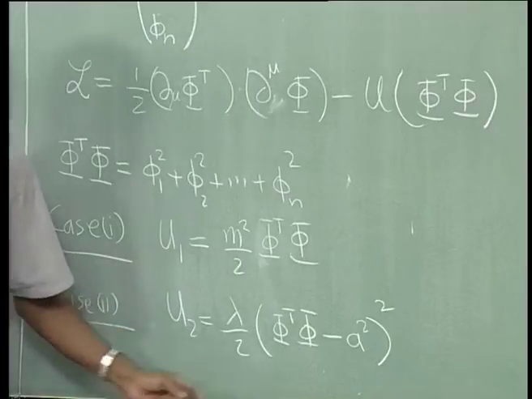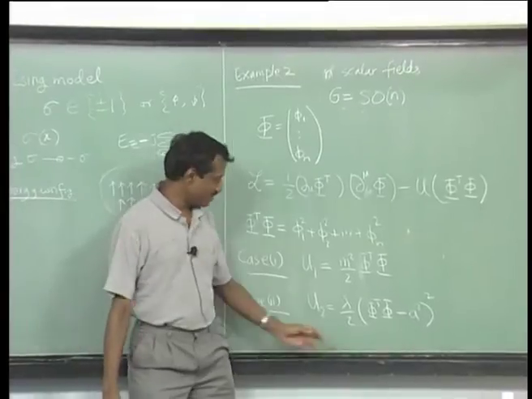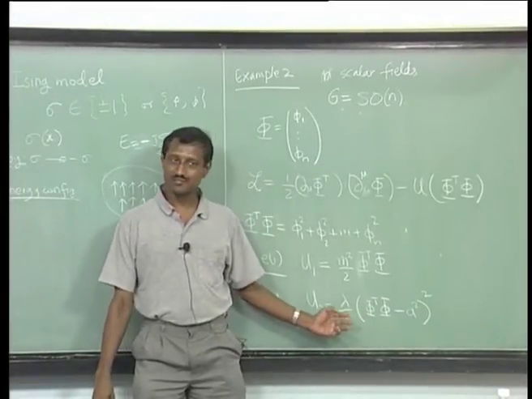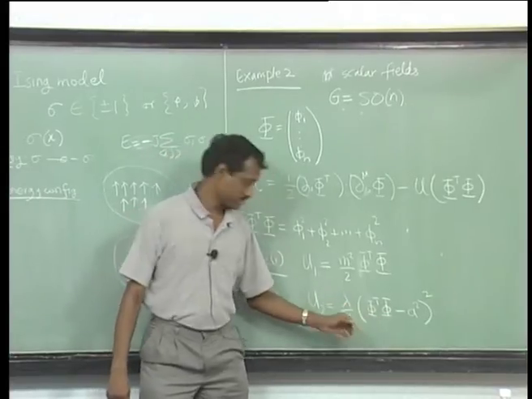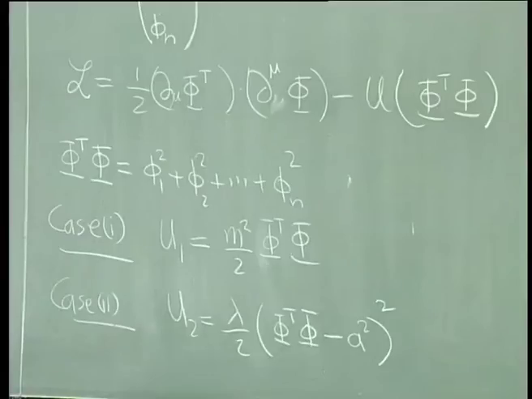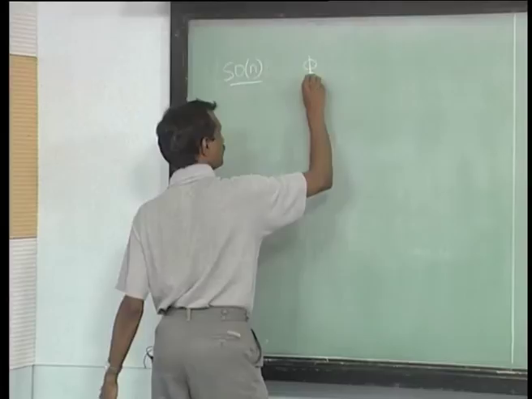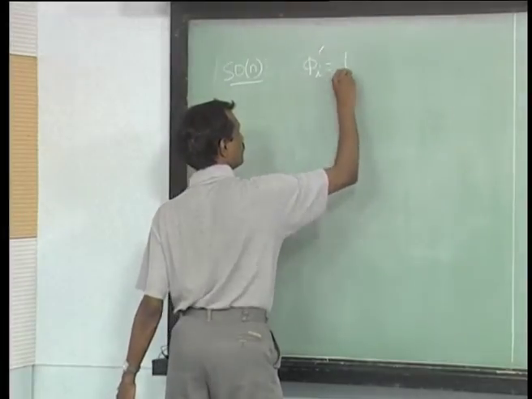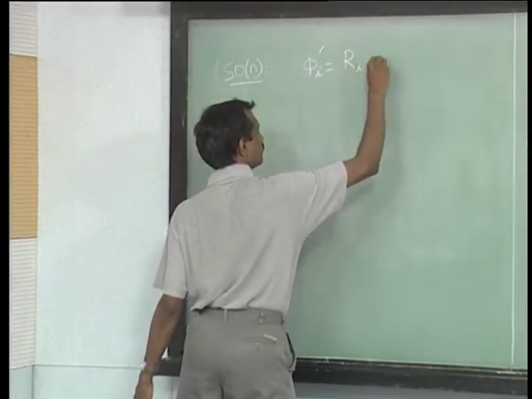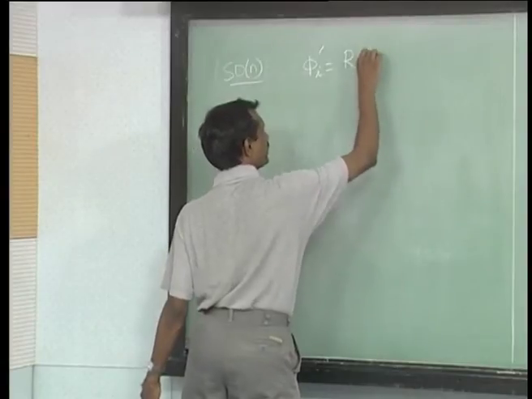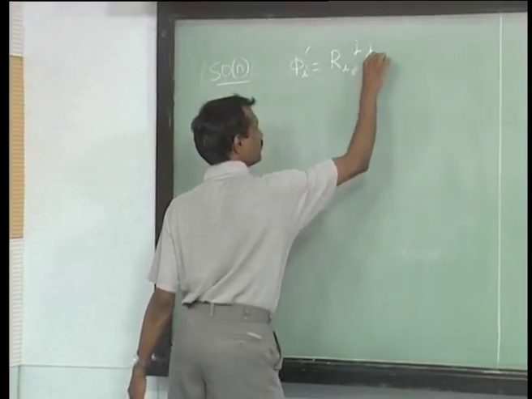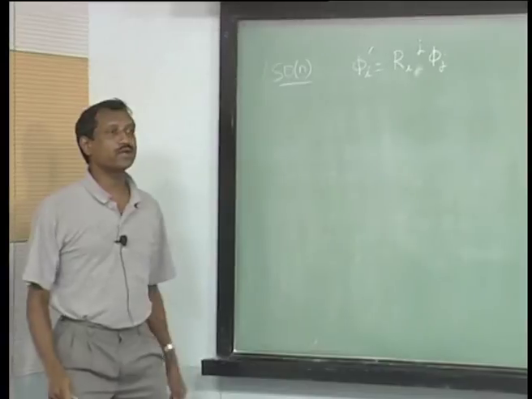So, this is the one which we already have seen in the earlier example where it was only one scalar field, but now I have n scalar fields. Okay. And how does the SO(N) act? SO(N) acts... okay, let me be pedantic and write it this way, phi j,